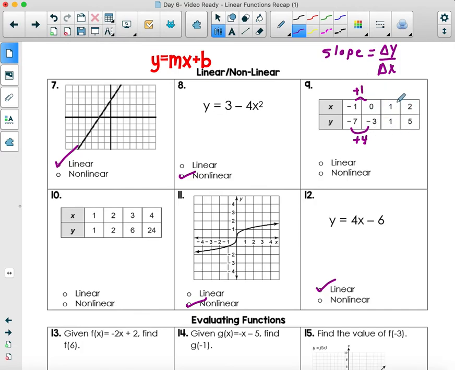I increased by 4 as I increased by 1. So we would say this is a linear function because it has a constant rate of change. I just want to point one more thing out to you. If I had a bigger jump and I said, oh, but now I'm increasing by 8 as I increase by 4, that is still the same constant rate of change, because remember, you're doing y over x, because 4 over 1 is equivalent to 8 over